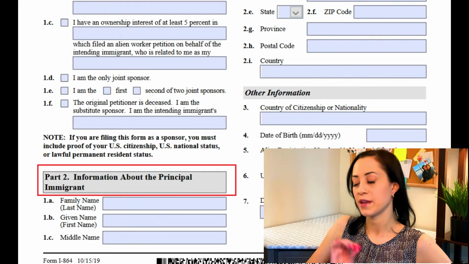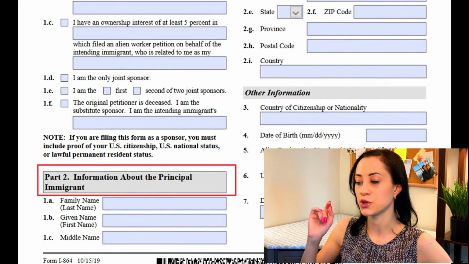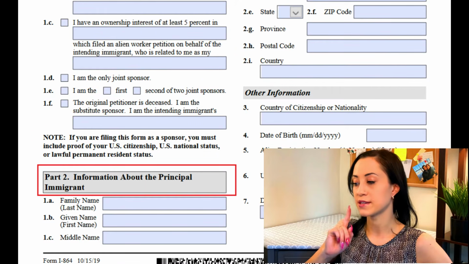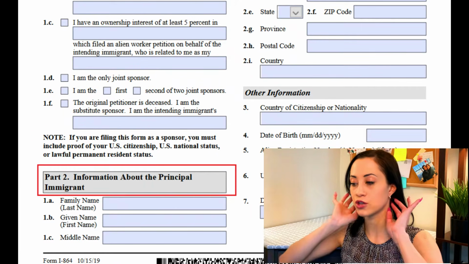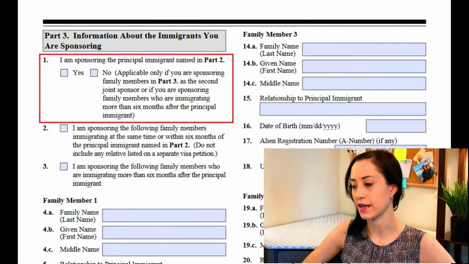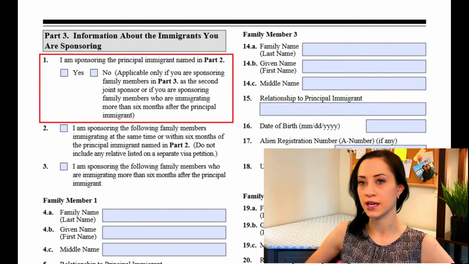Okay, part 2. In this part, a lot of people trip up because they assume that they have to include their own information as the sponsor. However, this part is asking for the information about the primary immigrant, so make sure you read this part carefully. Moving on, part 3. For question 1, right here, I'm sponsoring the principal immigrant named in part 2, yes or